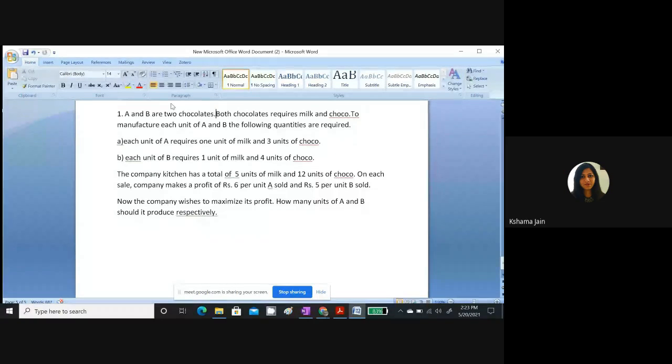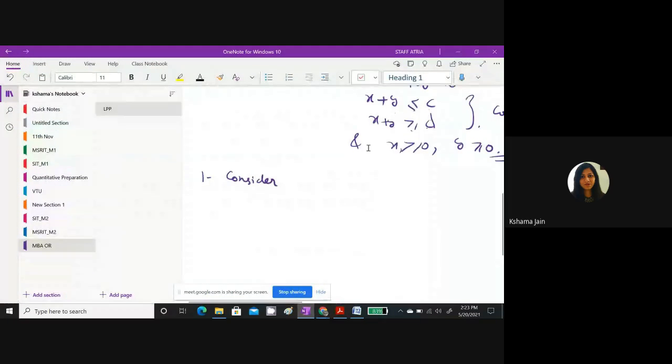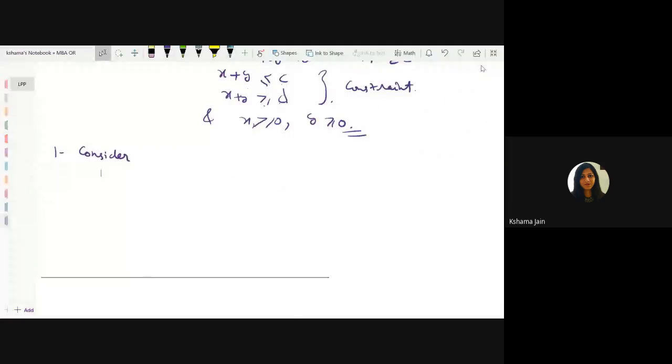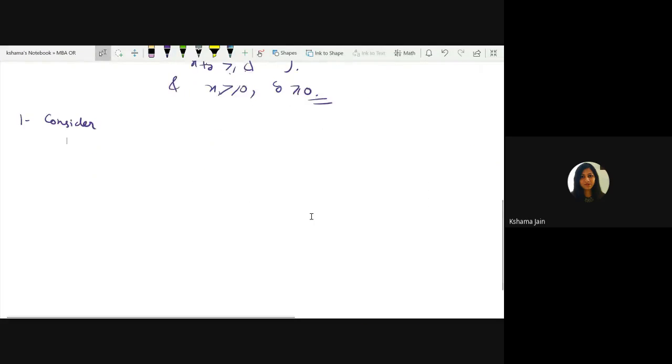I am just going to second screen to do the solution. First, in such type of problems, you should read the question very carefully. None of the data should be missed, because these type of problems come for 6 to 7 marks. If a single data you miss, your marks are gone. So be extremely careful. Let's start with this.